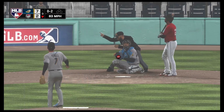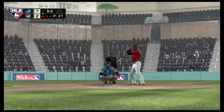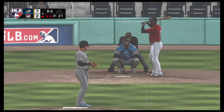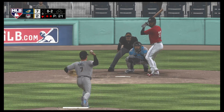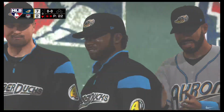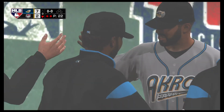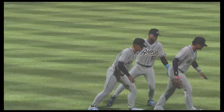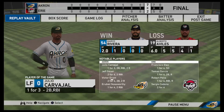And this will be a called strike 2, and trouble now as they're down to their final strike tonight. Man, you find yourself down 0-2 after 2 great executed pitches right there. Got to look for something up. Swing and a miss. He struck him out, and that'll do it here as the ball game is over. You might think it's just another win, but it's awfully hard to win in this game, especially on the road. But they find a way to get it done, and they should be very happy with this performance. And this evening's